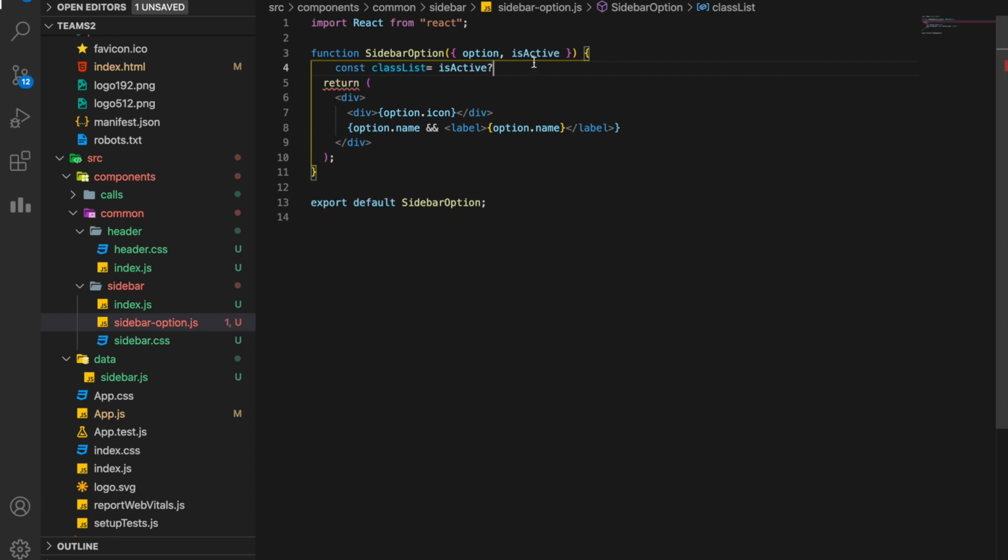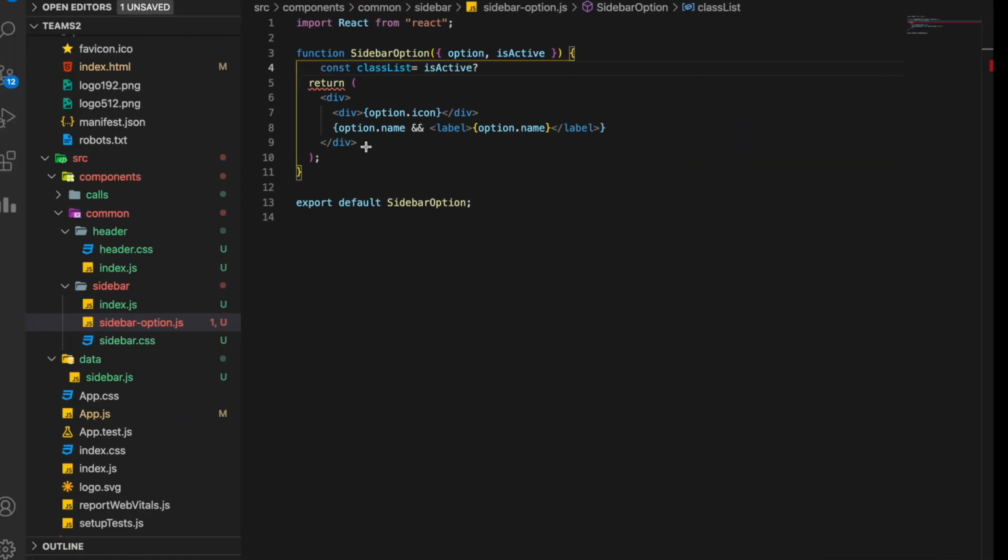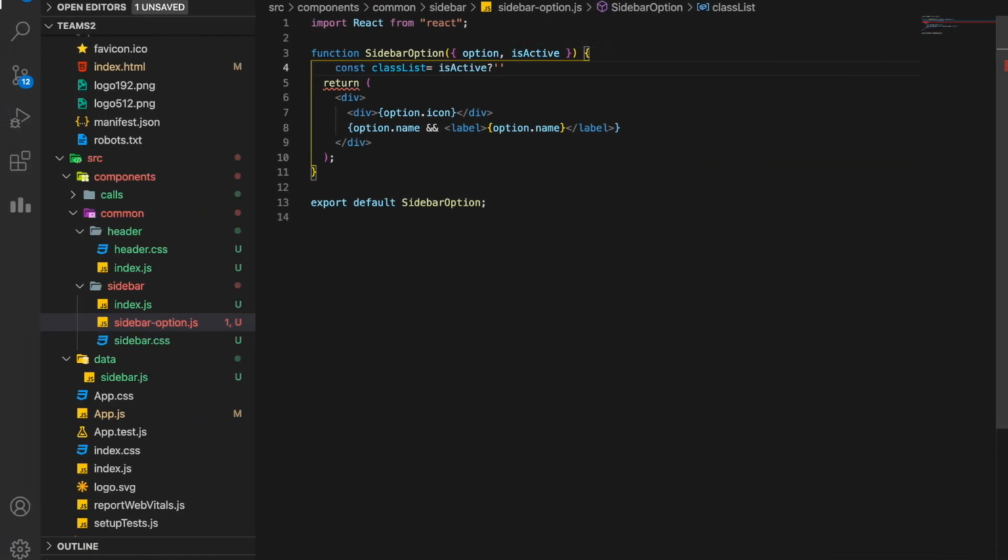Now this is a boolean, it is either true or false. If isActive is true, which will only be true for the calls icon, then my class name is going to be sidebarOption, because of my parent component SidebarOption, and active. This is how you give two class names together.